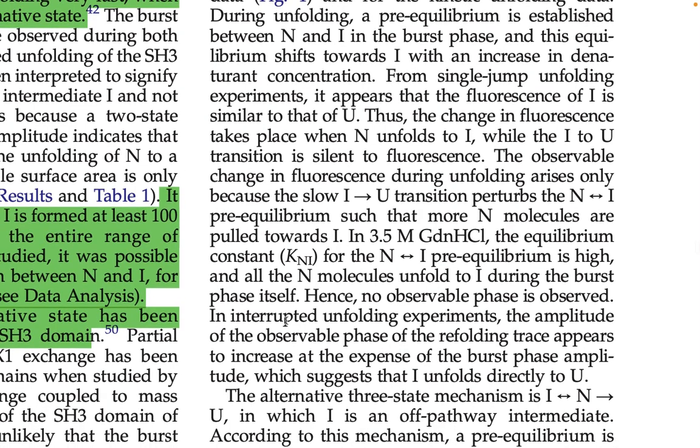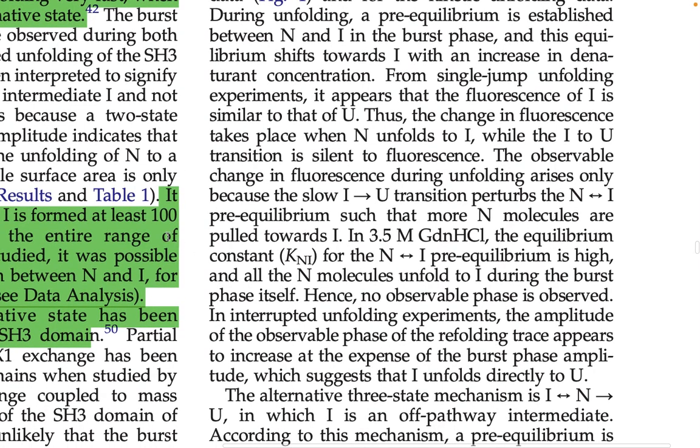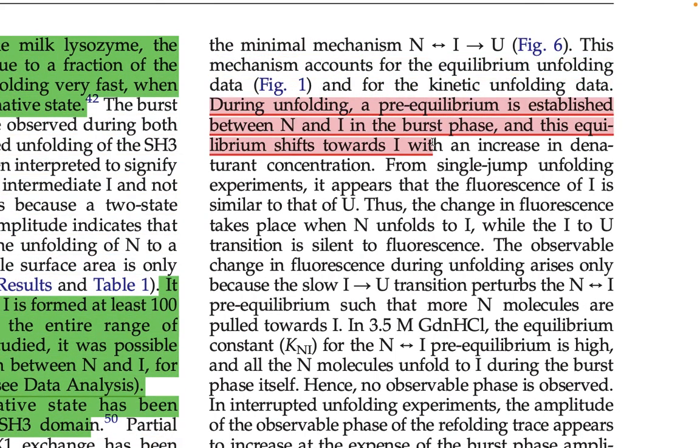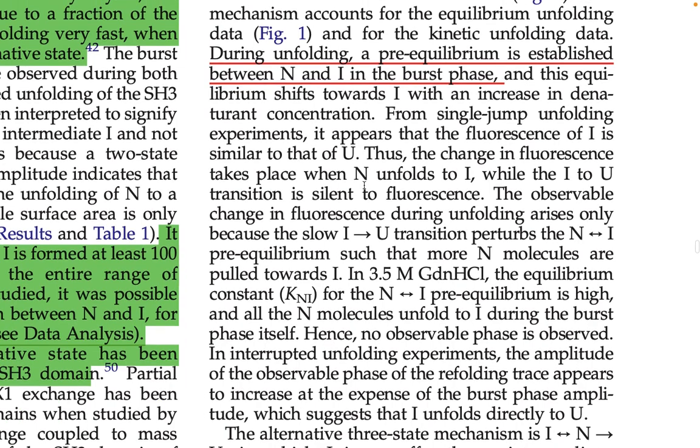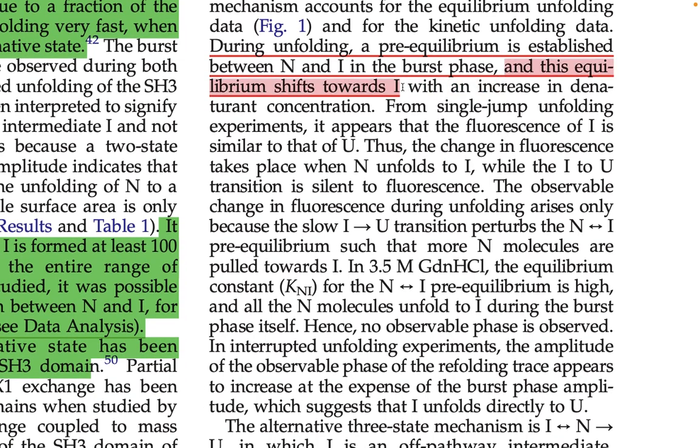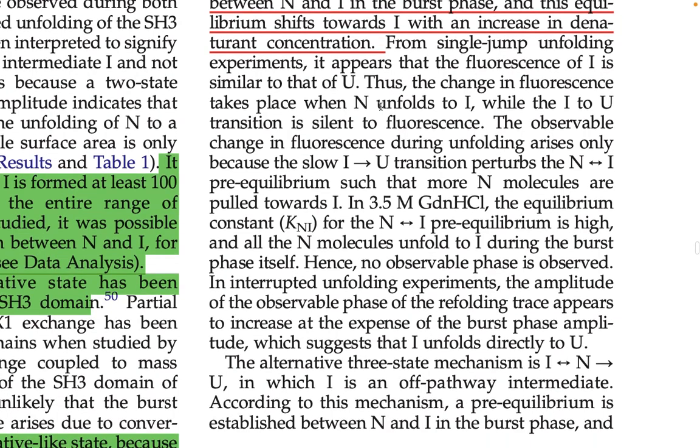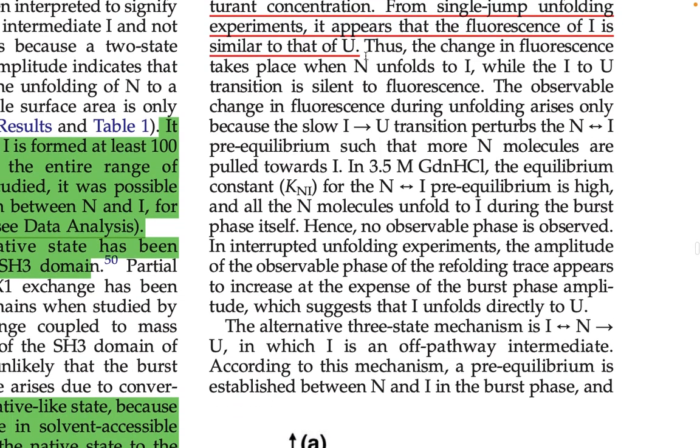During unfolding, a pre-equilibrium is established between N and I in the burst phase, and this equilibrium shifts towards I with an increase in denaturant concentration. Now, from single jump unfolding experiment, it appears that the fluorescence of I is similar to U. Thus the change in fluorescence takes place when N unfolds to I, while I to U transition is silent